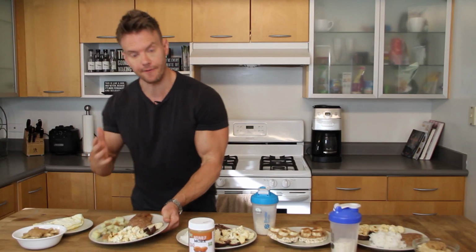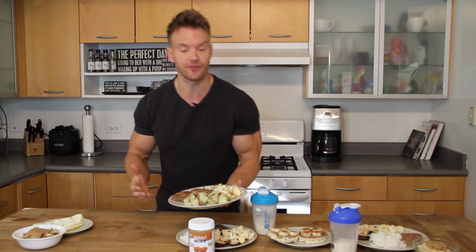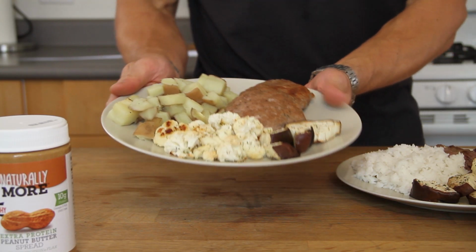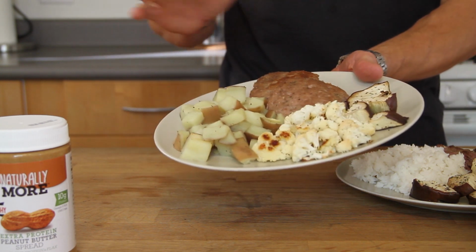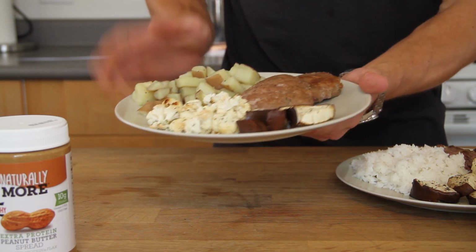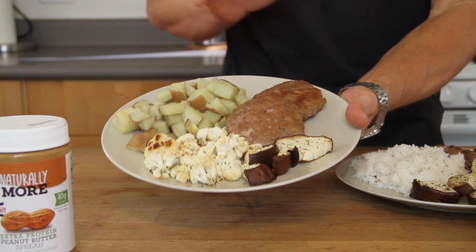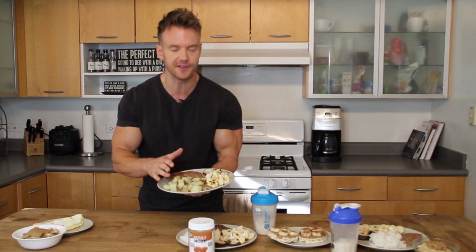And for my protein, that 45 grams, turkey patties. This is minced 97% extra lean turkey that I just add a little bit of salt and pepper, some herbs and spices, mix it up and just pan fry it using a little bit of coconut oil. These are sweet potatoes or yams, depending where you are. I actually cube these and boil them in water so that they're just a little bit soft when you squeeze them. These are my carbohydrates, about 27 grams here, so it drops down from that initial 50 grams that I